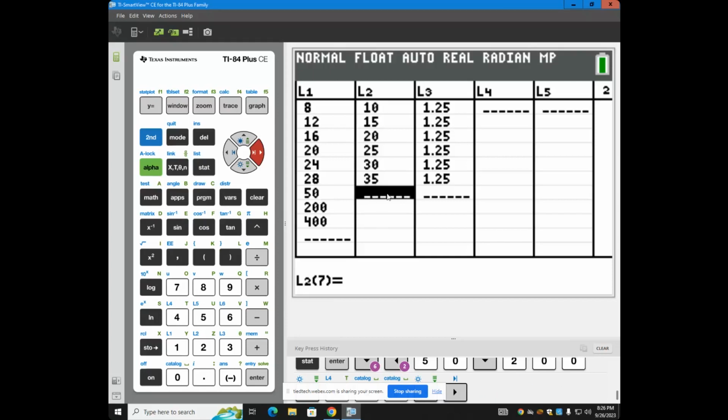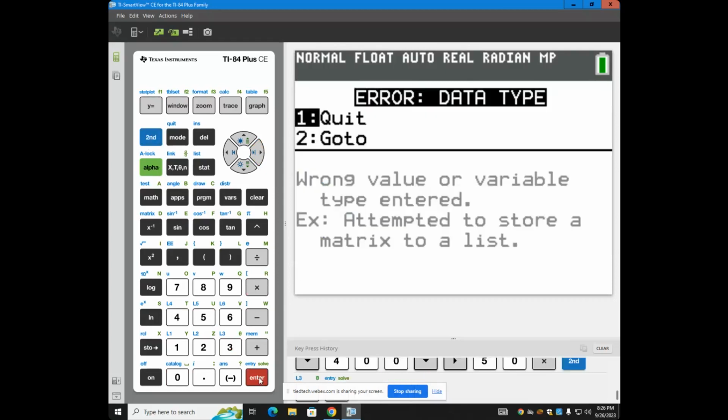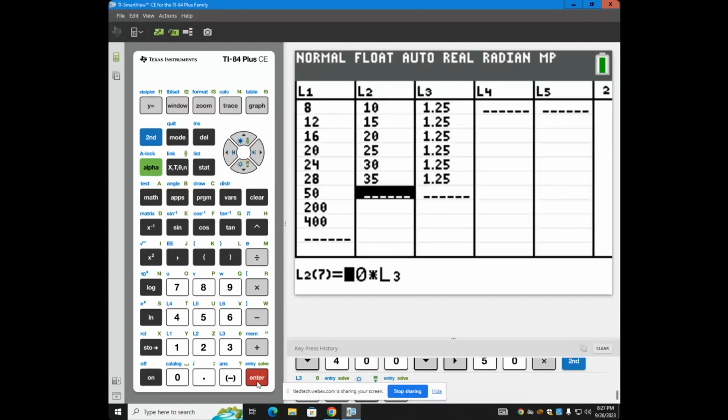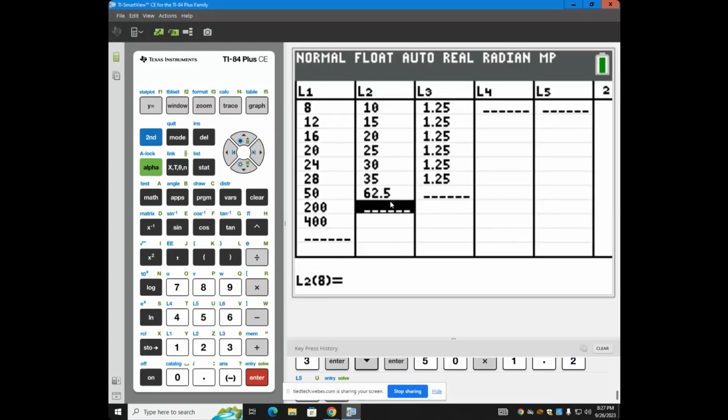If you can see that right here, we're in this position, we are going to tell it to take 50 times whatever's in L3. Ooh, that worked before. What did I do? Maybe you just do 50 times 1.25. There we go. Okay, so we can very easily begin to calculate within the table, which is a nice feature,